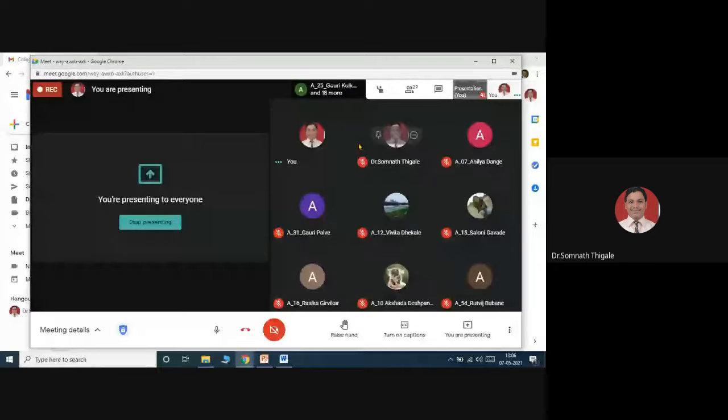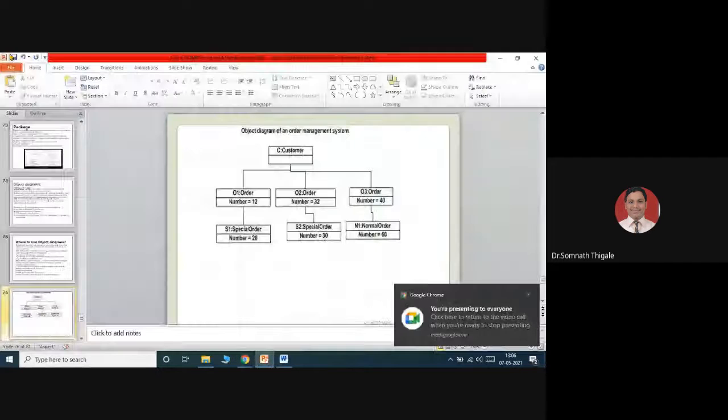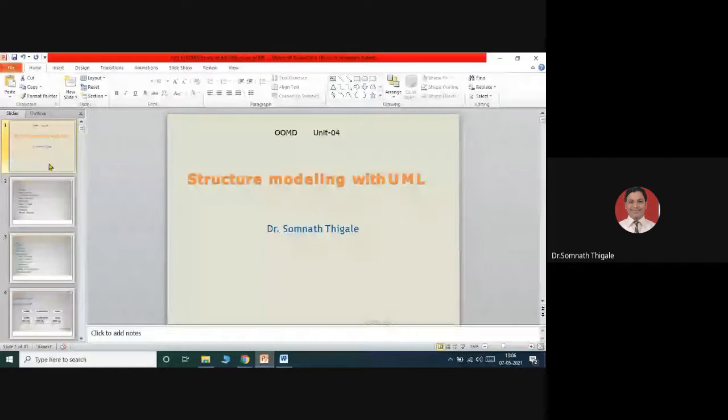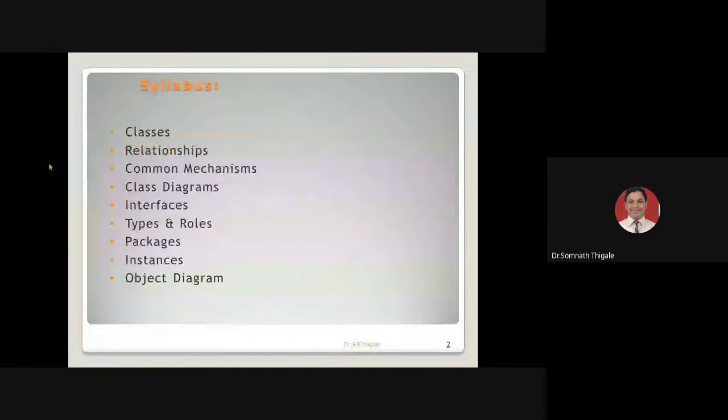Good afternoon, class. So let's see the remaining part from unit 4. We are talking about unit 4, where we have discussed the basic idea about the classes, different types of